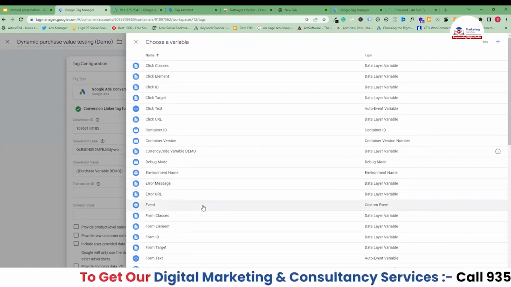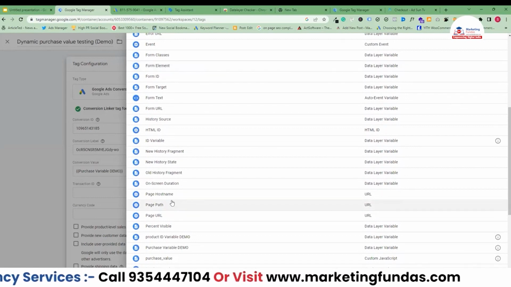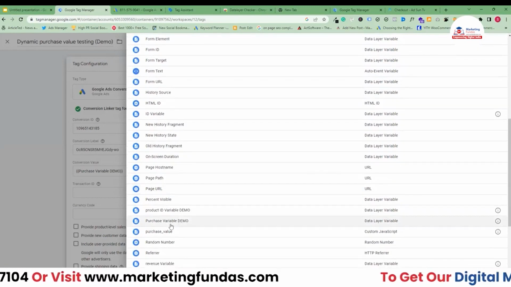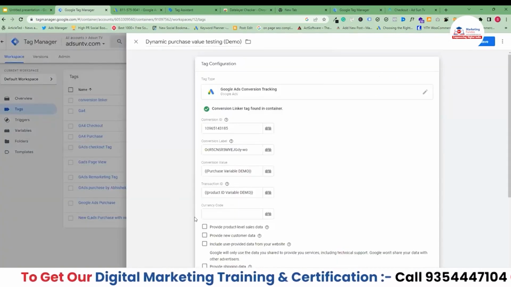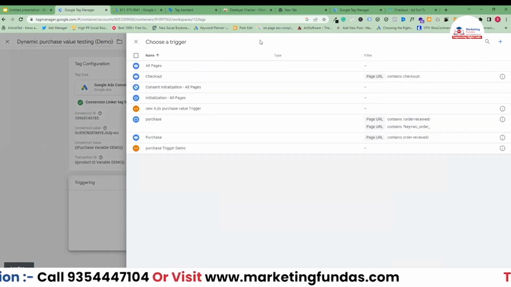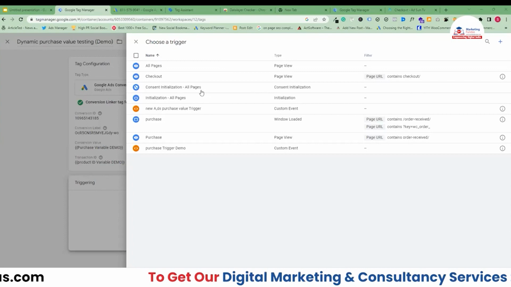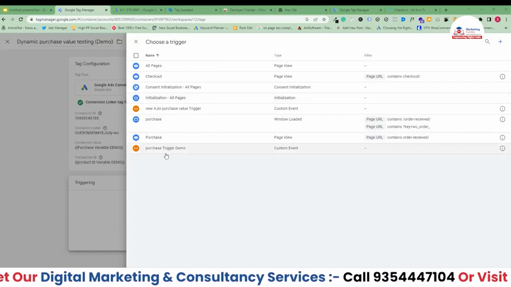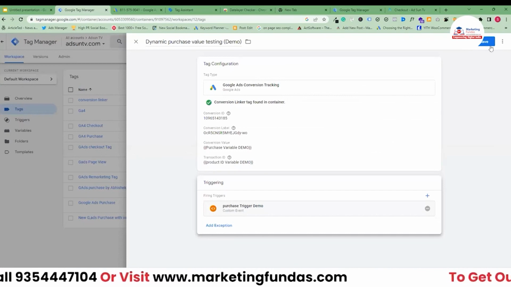Now let me add transaction ID, product ID basically. As you can see here, we have entered it. Then let's just leave the currency code here. Now let's select the trigger which we have created, right? Purchase trigger demo we just created. Now simply hit the save button,